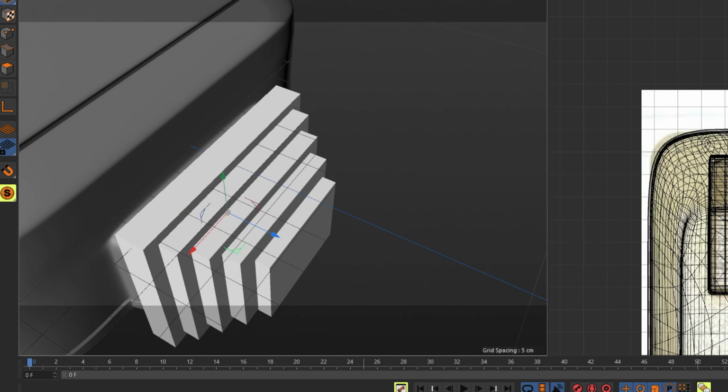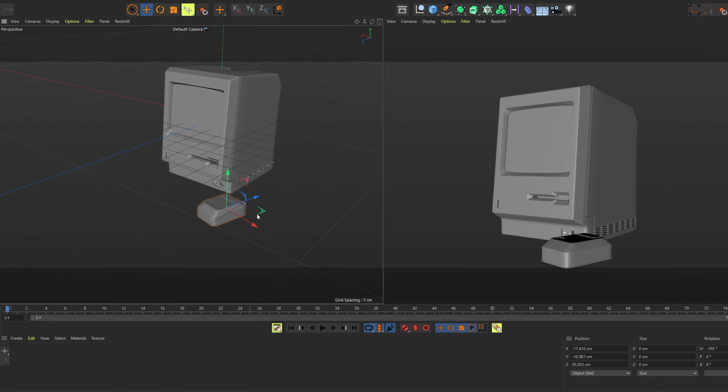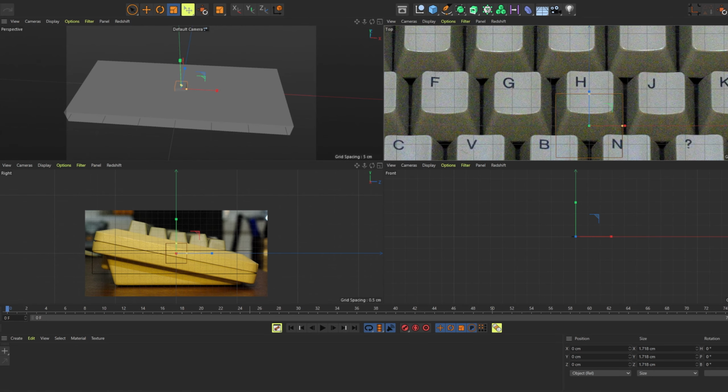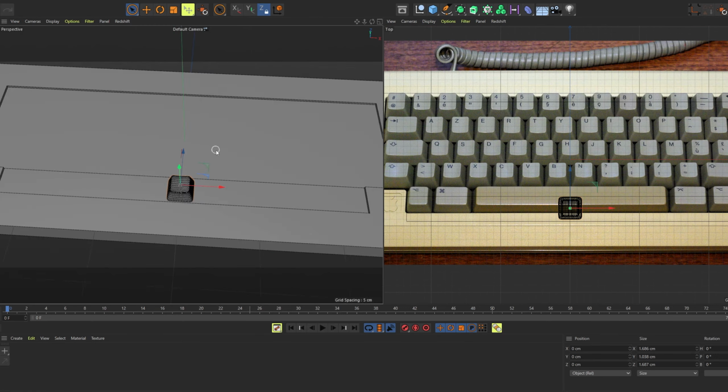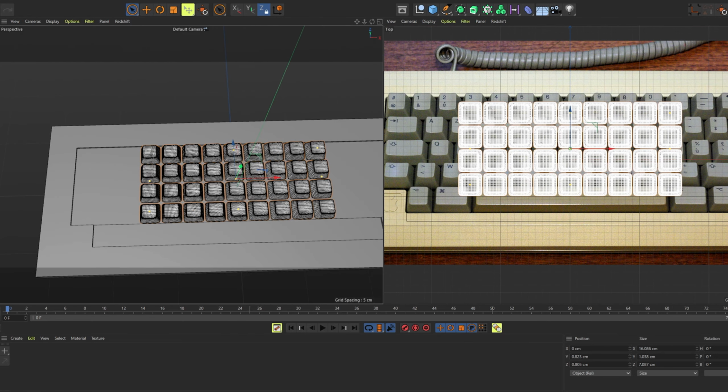So obviously used a cube as a starting point for that. I then placed it into the scene and then got to work on the keyboard. This was quite fun. I started off by modeling a single keycap, which I then cloned into a grid array,